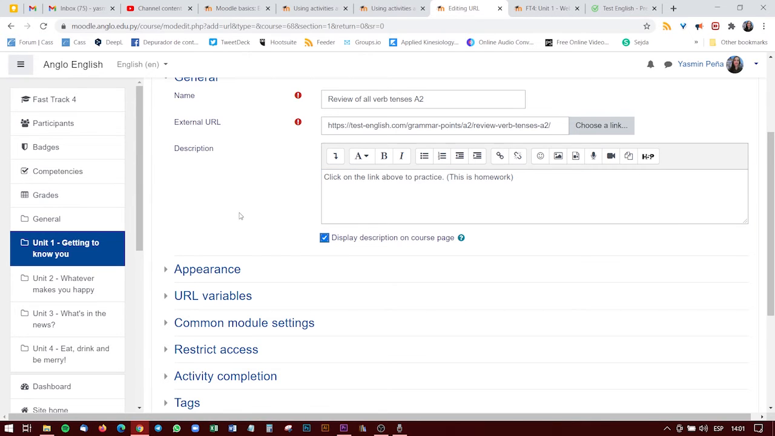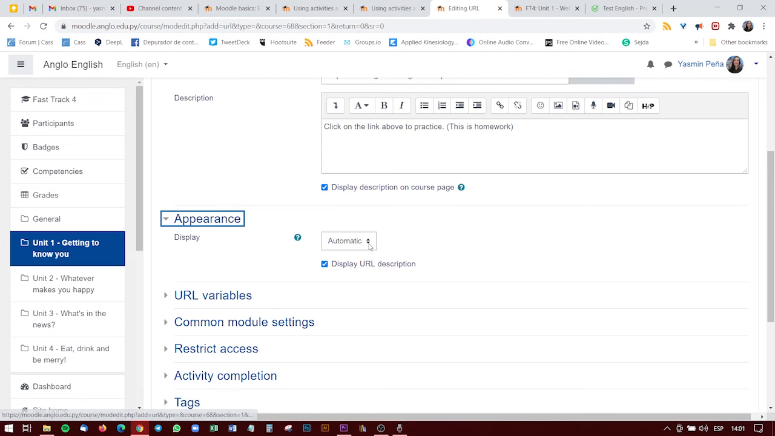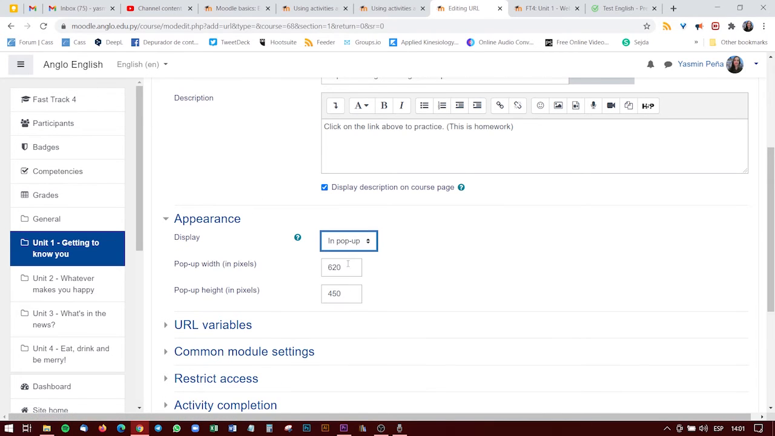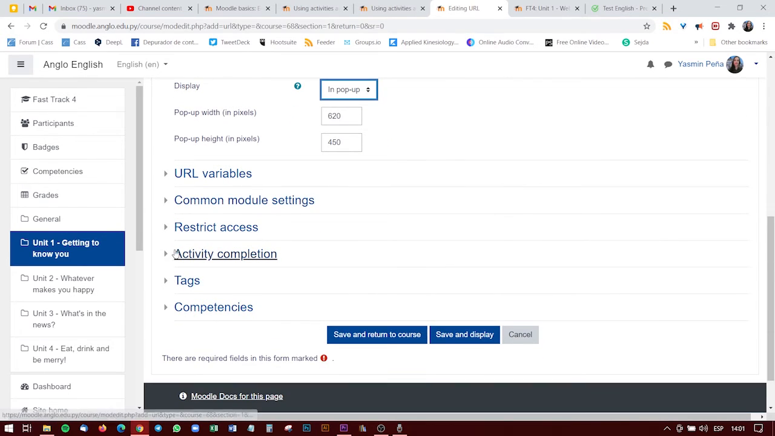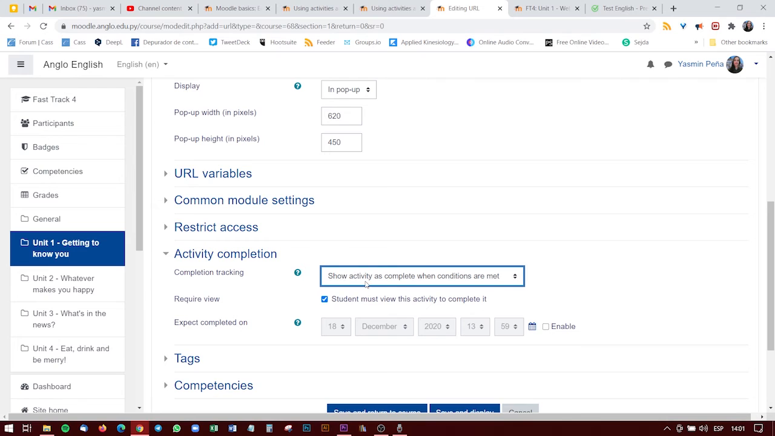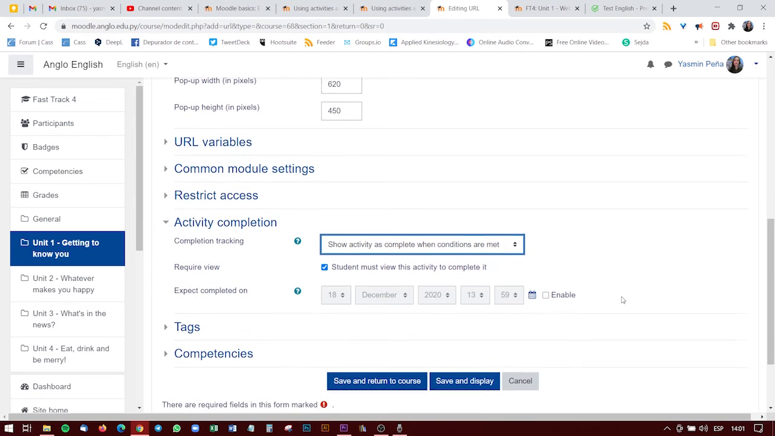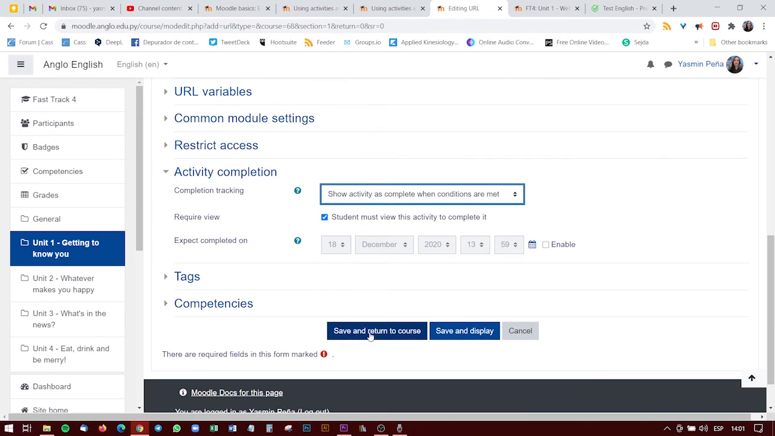page itself. Now, again, with URLs, I like to choose here the in pop-up option so that it opens in a different window. And here you can choose whatever you want. For example, you can say do not indicate activity completion, or students can manually mark the activity as completed, or you can click on show activity as complete when conditions are met, and they have to view this activity to complete it. Now we can save and return to course,